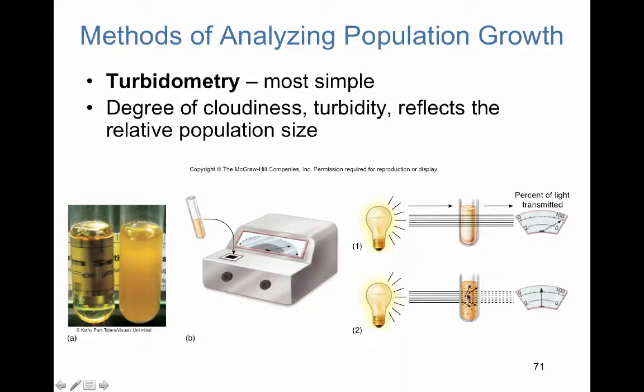Once these transmission levels go down, right, so we see this level going down, that's because the light is being absorbed. So it would be more absorbed here, less absorbed. More transmittance on the left-hand side, less transmittance on the right-hand side. And that will give us a quantitative measurement of how many cells are in this culture.